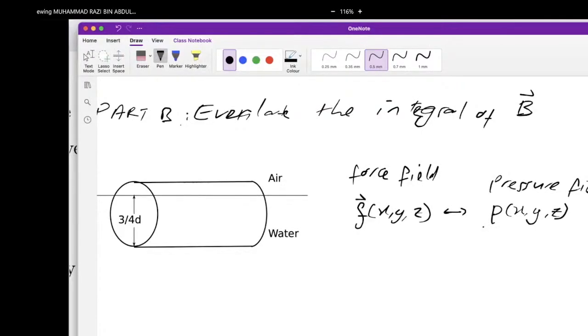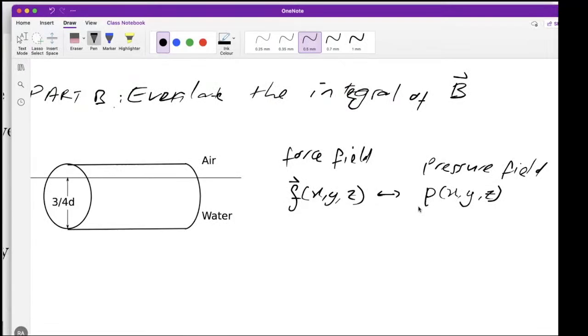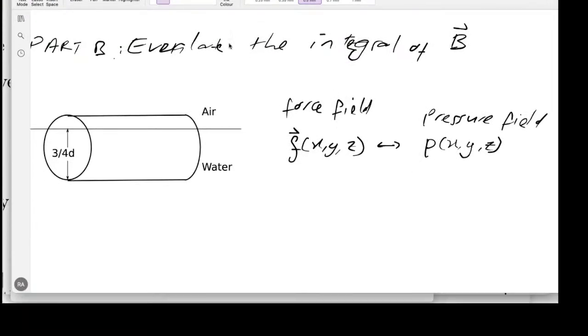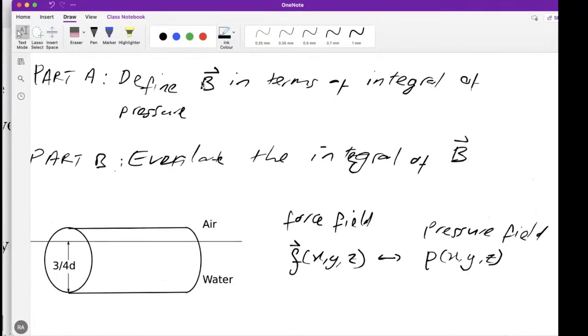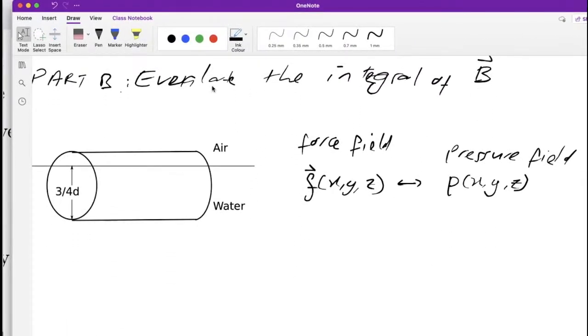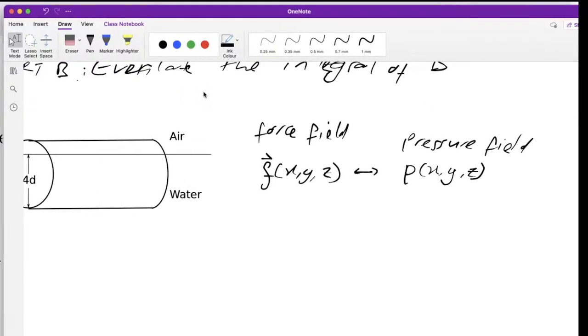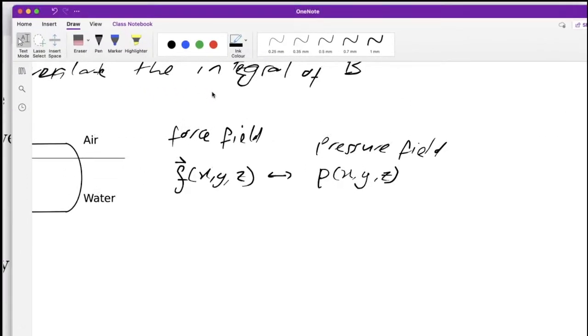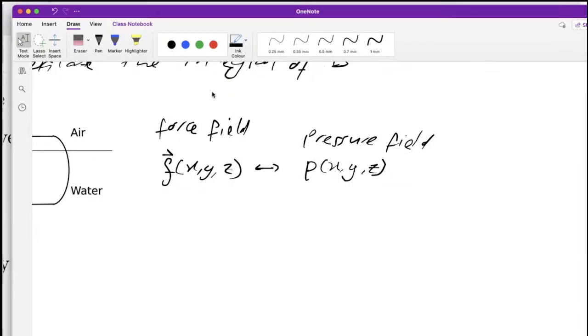function. In this case, three-dimensional function. You're talking about you want to integrate this function somehow to get this b. So if we want to think about this force and pressure, and this is where I want you to have